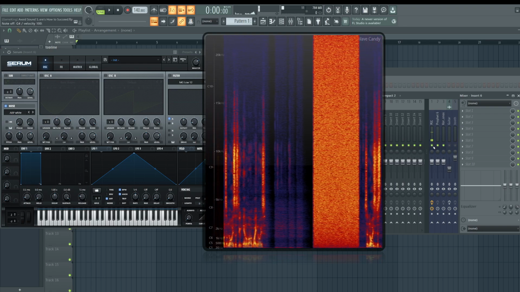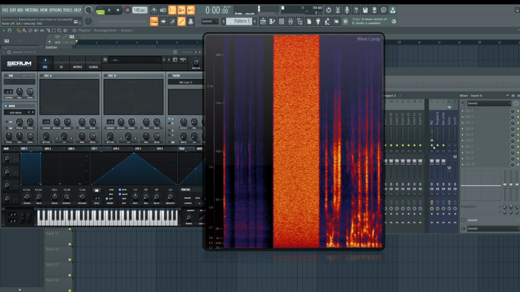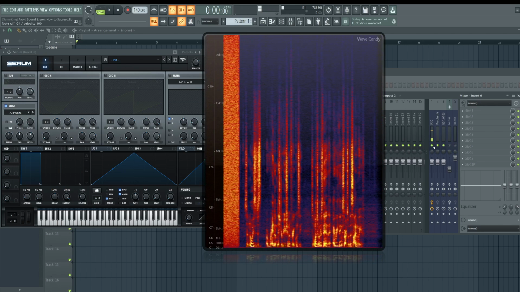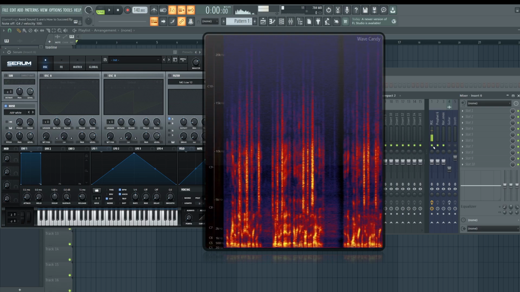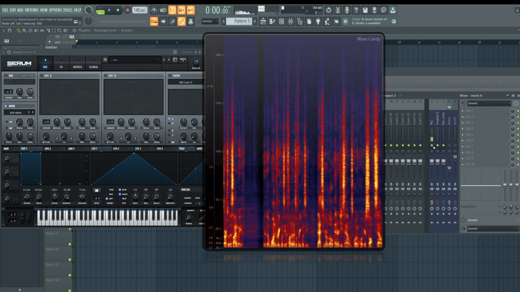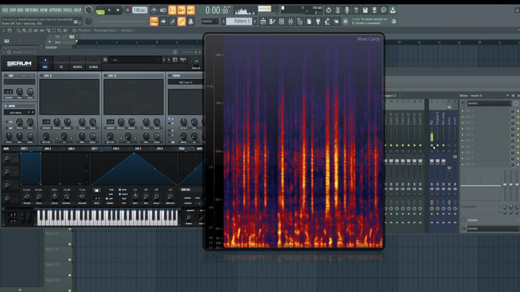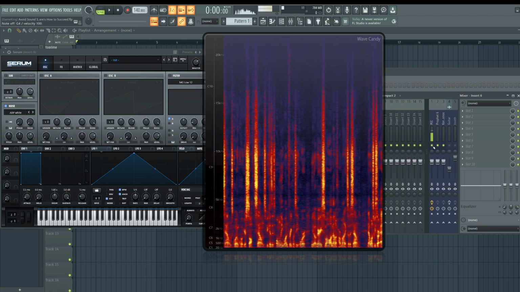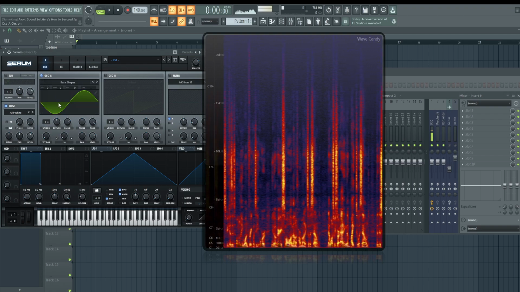So noise is just a random distribution of frequency. Once you understand that everything starts with a sine wave, the one frequency, the fundamental frequency, that's your low energy sounds, quote unquote, your soft sounds, because it's only one frequency or a very small amount of harmonics of a sound.